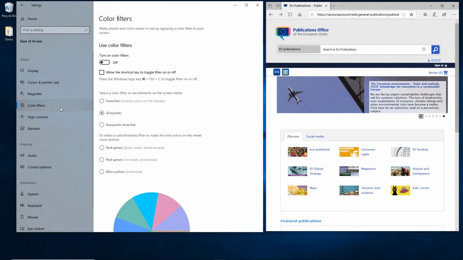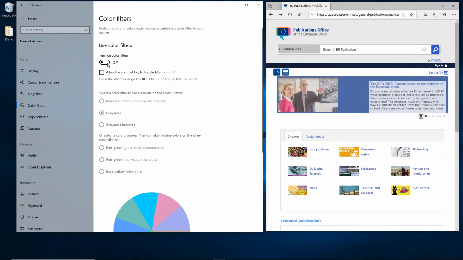Just one more remark about color dependencies. If you are a designer and you want to make sure that your document, website, or app is accessible to users with color deficiencies, check that all the content is distinguishable without color.